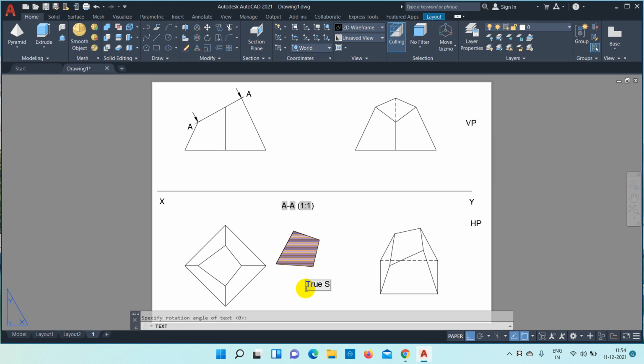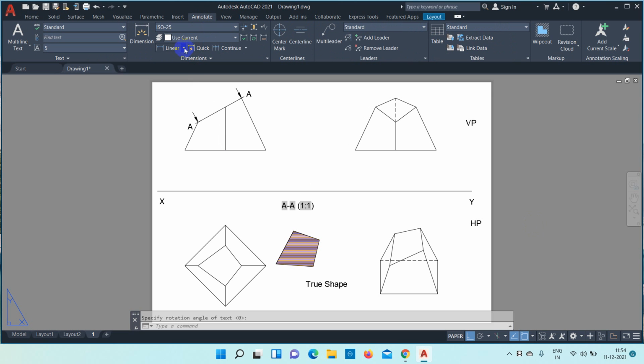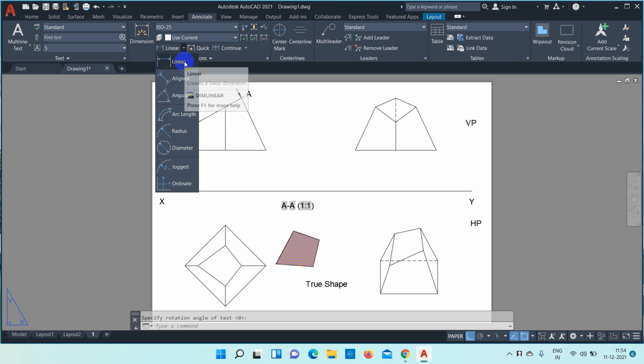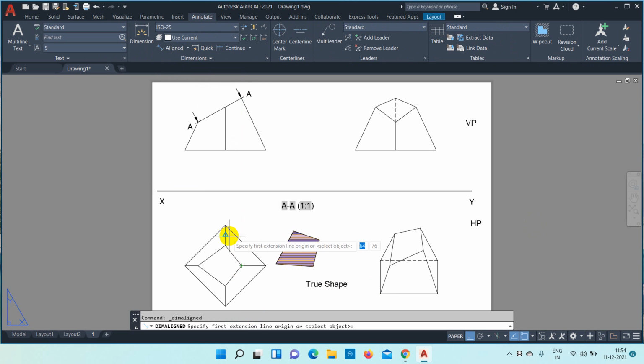Likewise, you can write for sectional top view, sectional front view, side view, as well as isometric view. Here also you can hatch it by constructing the closed entity, and dimensioning also you can do. This should be 50. So this is how we have to complete the square pyramid question. Thank you.